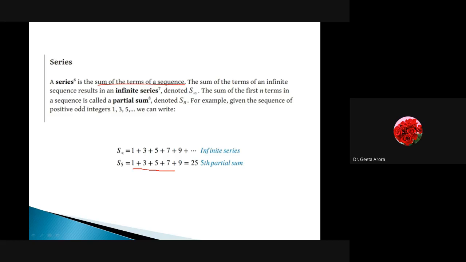If we take a finite number of terms, we call it the partial sum. If we have taken here 5 numbers and obtained their sum, we represent it by S5, and this is the fifth partial sum. If I include 2, that is the second partial sum. In this way, we have learned the meaning of the partial sum in terms of a series. Correct? And we have learned the representation as Sn and S infinity: Sn for a finite series, S infinity for an infinite series. Means we take the numbers from the sequence, find their sum, and go on to an infinite number of terms. So this is how we have learned.